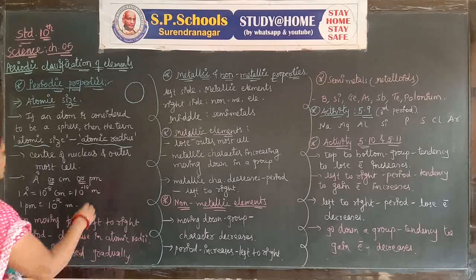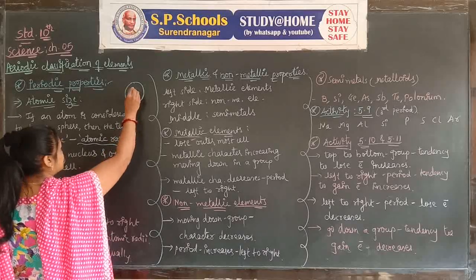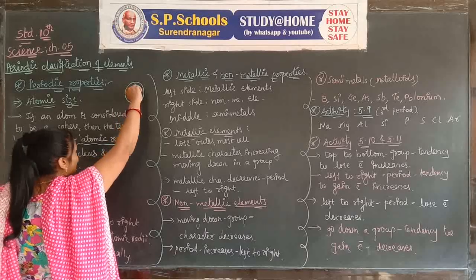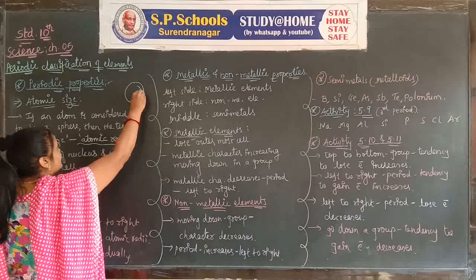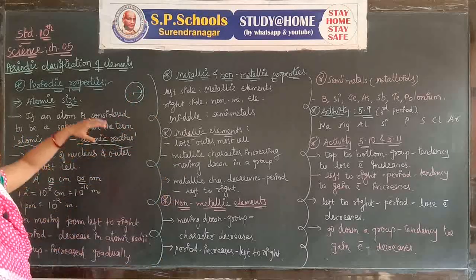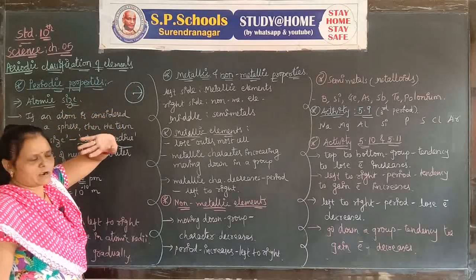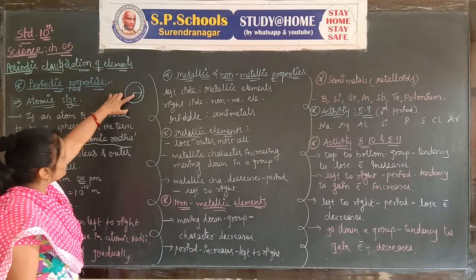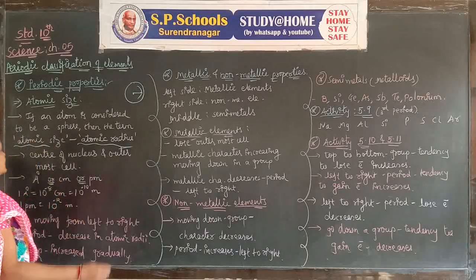The distance from the center of the nucleus to its outermost shell, if we imagine the atom in a round shape, is called